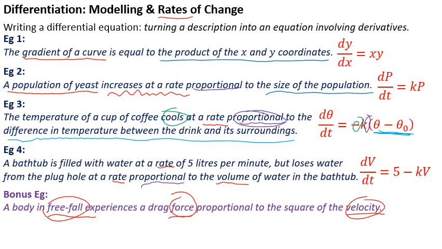If k is very small, like 0.1 or something, then presumably the bathtub could be quite happily filling up for a while. But if the water runs out faster and faster the greater the volume, it makes sense that there would be a volume, possibly beyond the size of the bathtub, at which dV by dt is 0, in which case, no matter how long you leave it running for, it's not going to get beyond a certain volume,